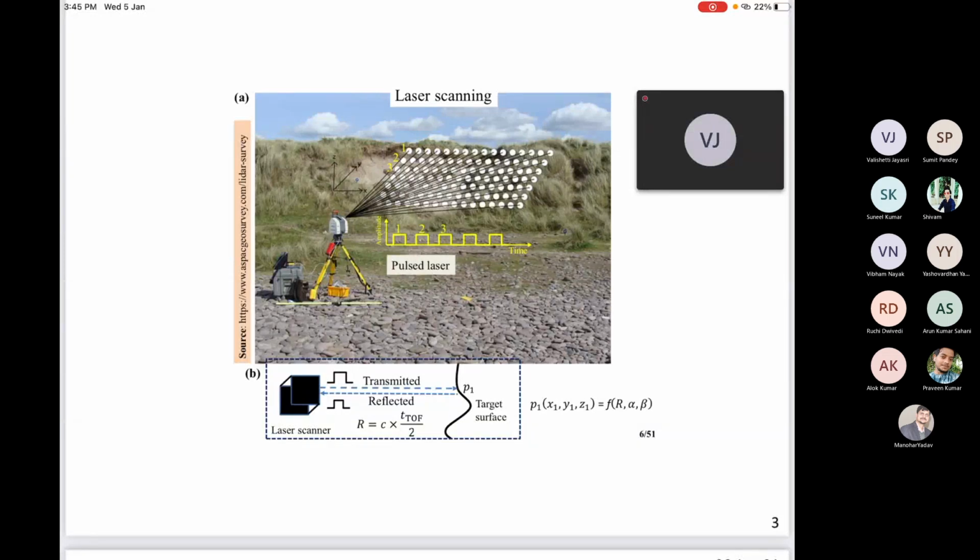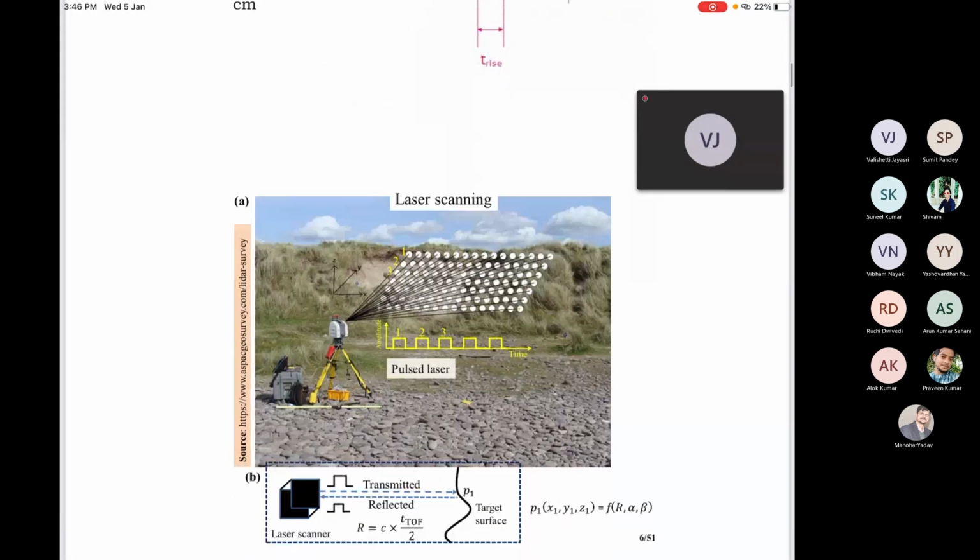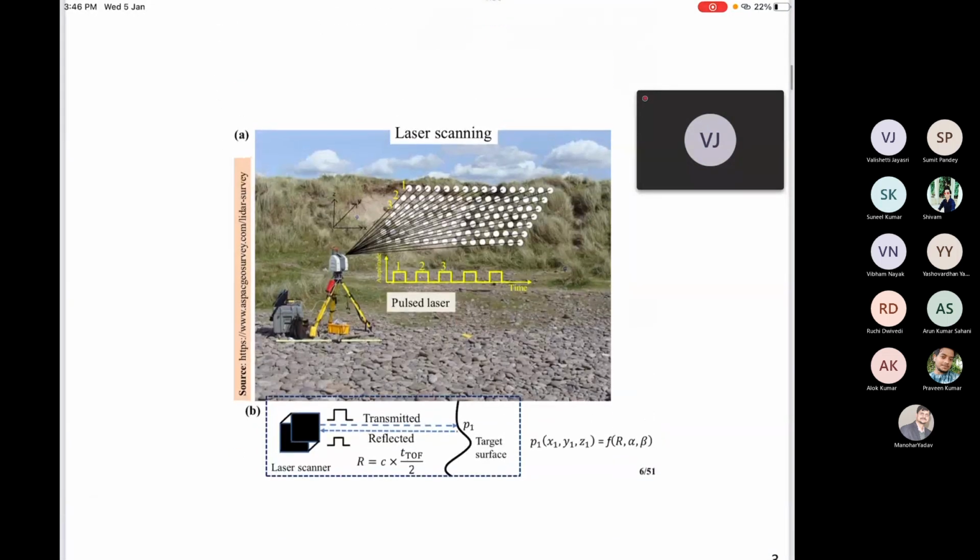Below that, you can see a pulse laser diagram. It is shown as a purely square pulse, but generally we do not get a square pulse. It is like the shape discussed previously. It's Gaussian, where we have two parameters, pulse width and rise time or fall time. Now in figure B,